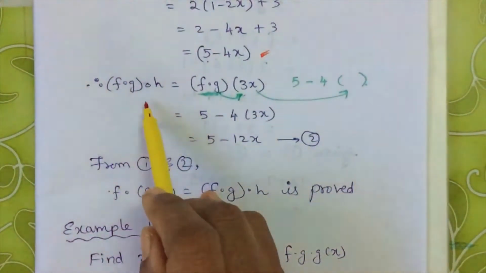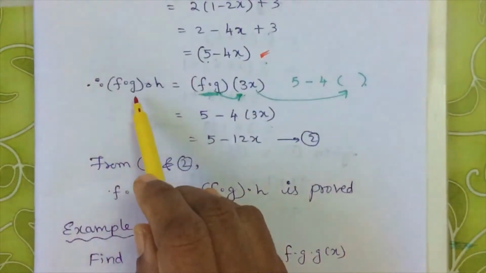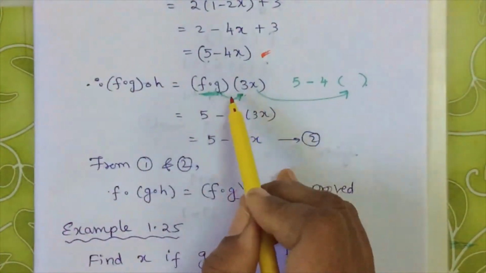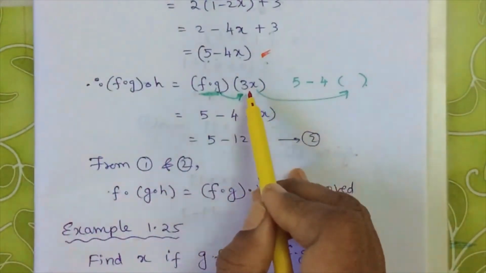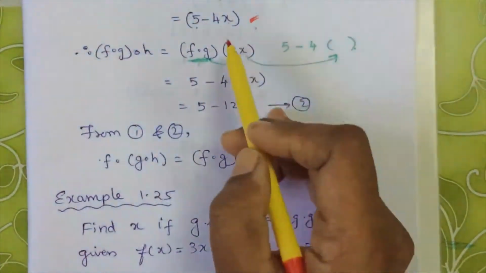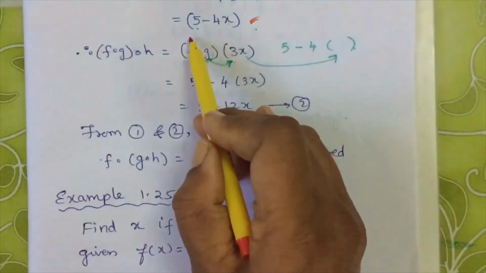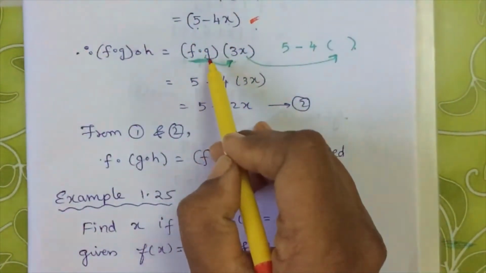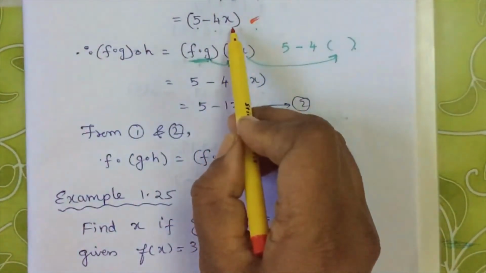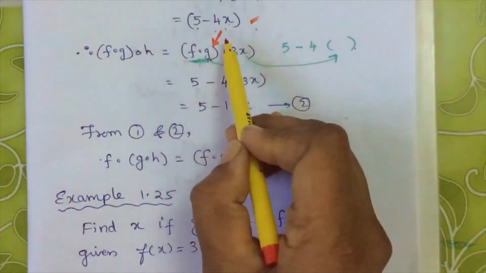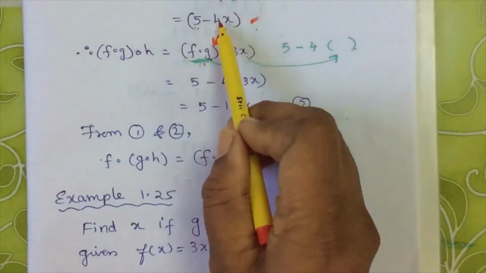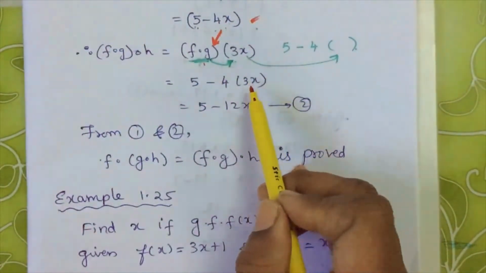Next, f dot g of h. Okay, so for f dot g of h, function h is 3x, and I have replaced it. After that, this 3x should be substituted in the composite function f dot g. So what you found for f dot g is 5 minus 4x. So this is your input to this. So in place of f dot g, what should you remember: 5 minus 4 times something, and the something